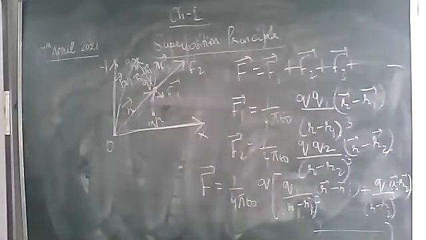Okay, next we'll discuss continuous charge distribution. Till now we were discussing only point charges. Now if the charge is continuously distributed, it may be continuously distributed along a line, on a surface, or inside a body, that is inside any volume. Then such a distribution, we call it continuous charge distribution.